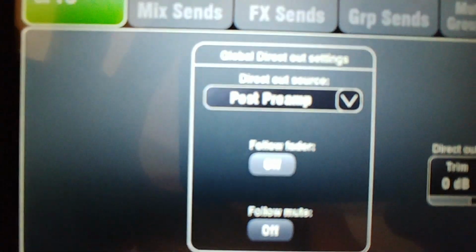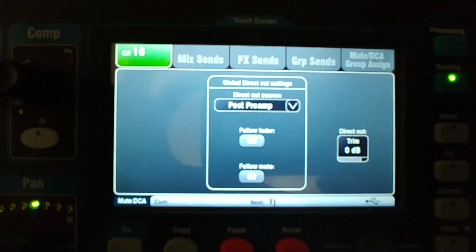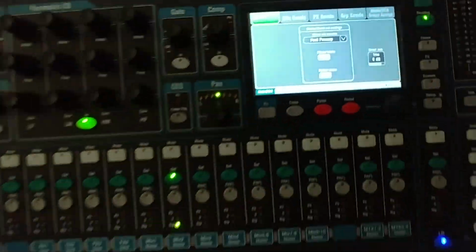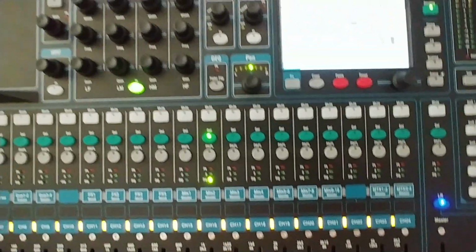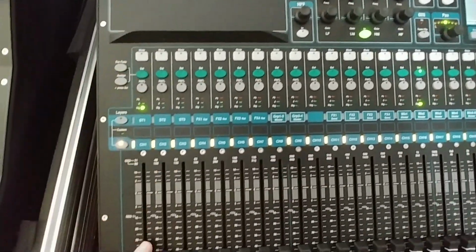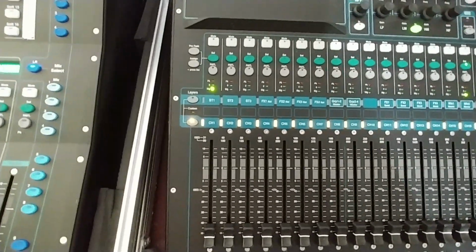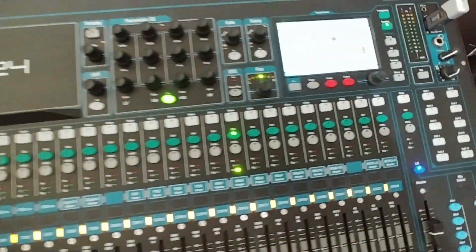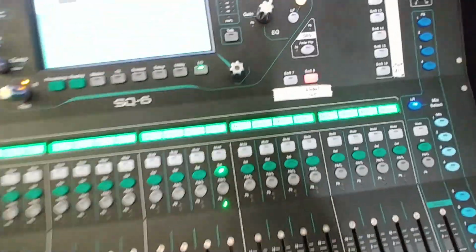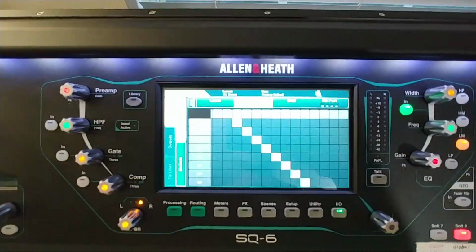Anyways, this needs to be post preamp. Don't follow the fader and don't follow mute. Otherwise, what will happen is if the fader is down and the channel is muted, then you won't have signal on the SQ, which is what happened to me, and it took me a few moments to figure that out, but I knew it had something to do with the direct out settings. Then over on the SQ,